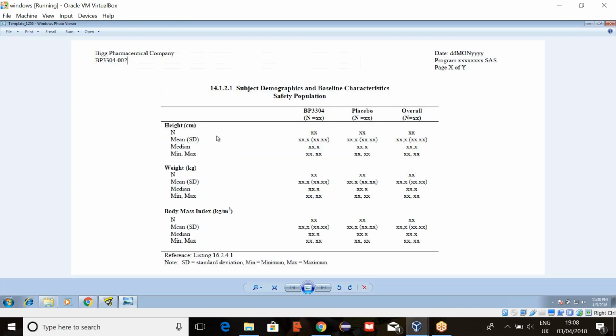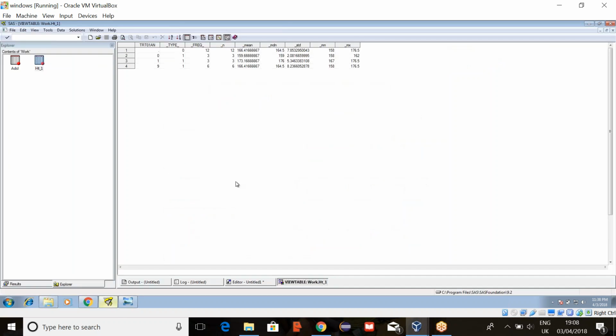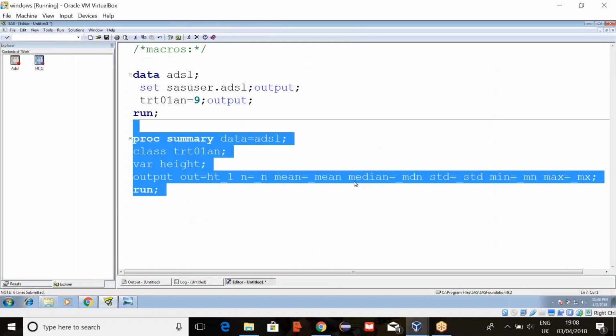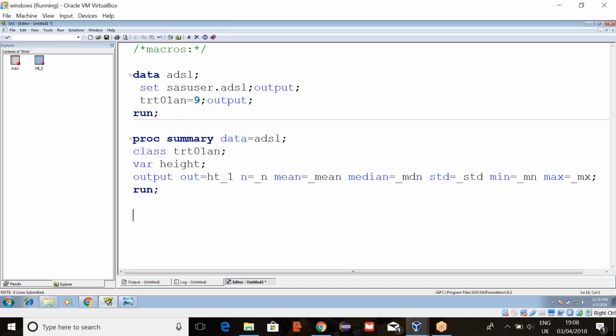The next step is to concatenate mean and standard deviation, minimum and maximum, and also control the decimals. So mean 1 decimal, standard deviation 2, median 1. So let's concatenate them, same like yesterday. Create one more dataset, copy height underscore 1.